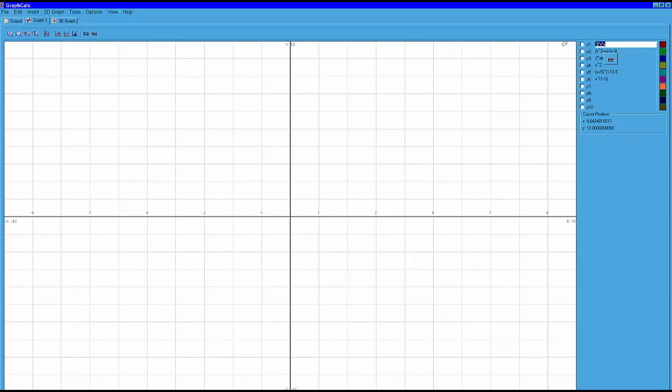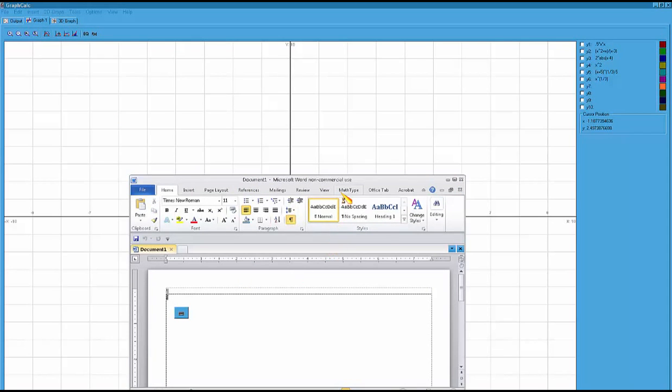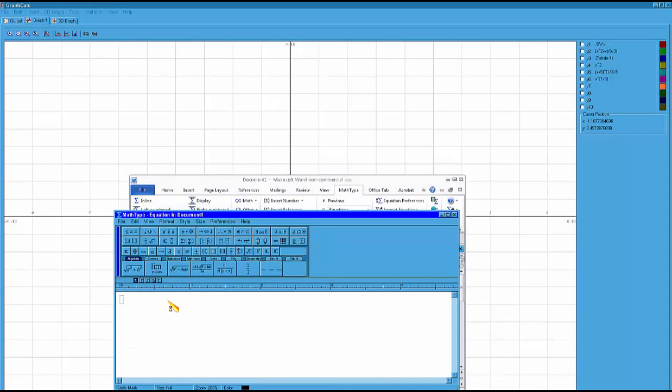Okay, so now I'm going to actually graph something. You go over to the right side, and beside y1, you enter what is on the right side of the function, the f of x. So, for example, I'll make one up right now: if I want to graph f of x equals 3x squared,